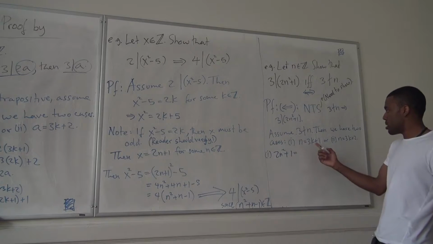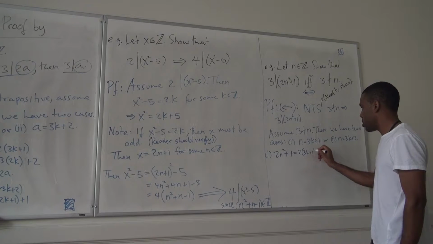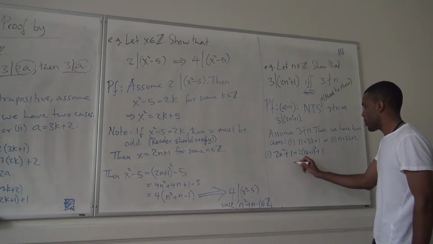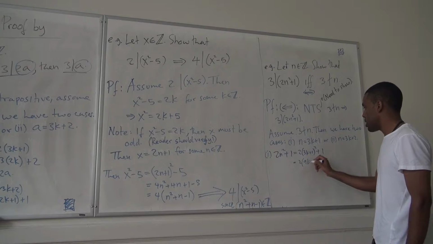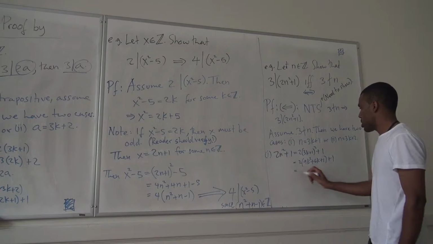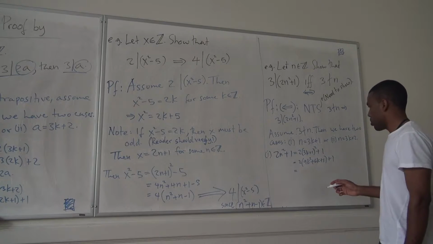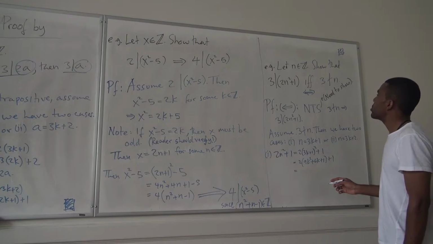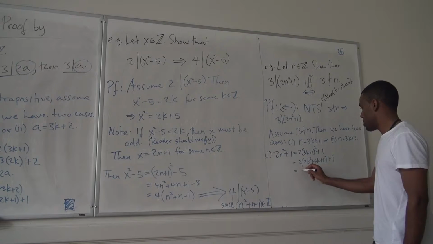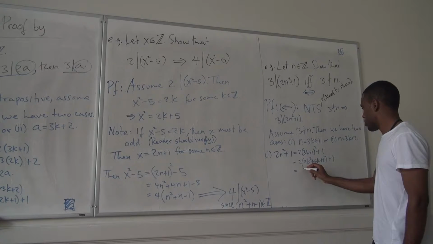So in the first case, I'm assuming n is 3k plus 1, so this is 2 times (3k plus 1) squared plus 1, which is going to be 2 times (9k squared plus 6k plus 1) plus 1. All right? And so this would be 3 times